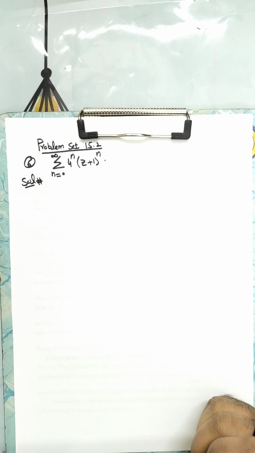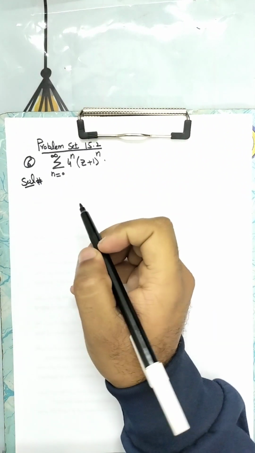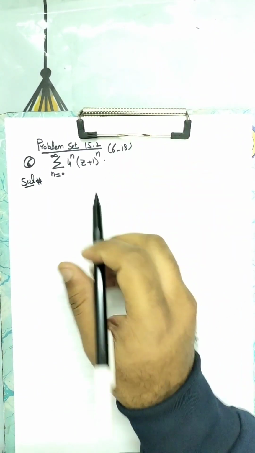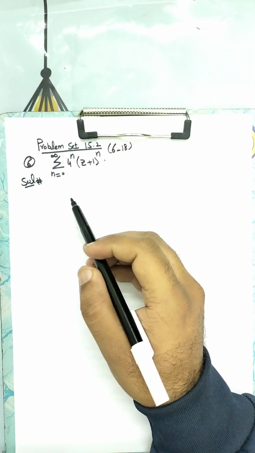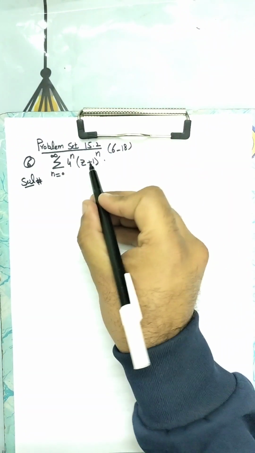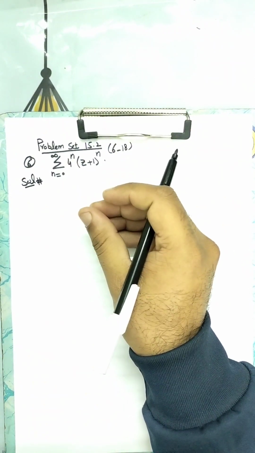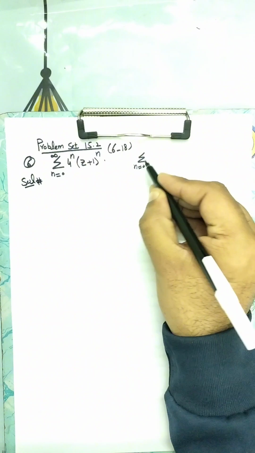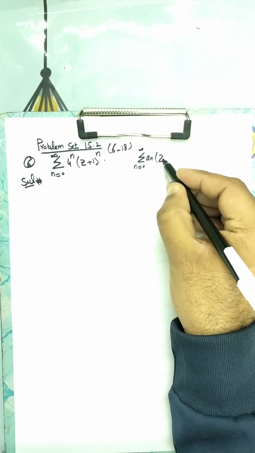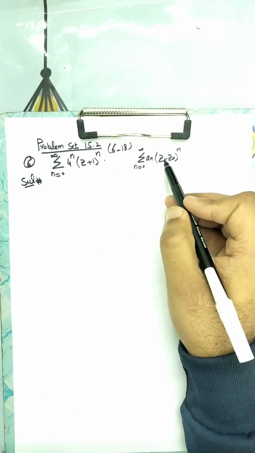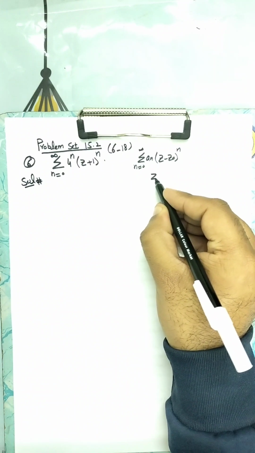Solve problem set 15.2, question number 6. In questions 6 to 18, we are given a power series, and we find the radius of convergence and the center of this power series. The center is simple, and this is z plus 1. Comparing this with the general term, what is the general term? The general term is a_n (z minus z naught) to the power n. So comparing with z minus z naught, we get